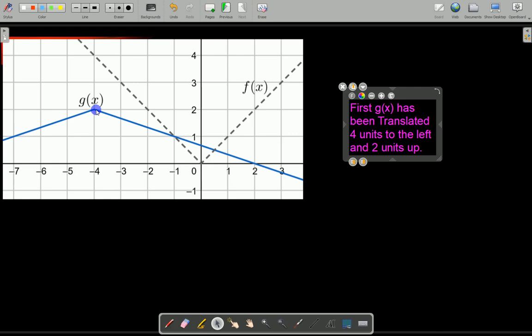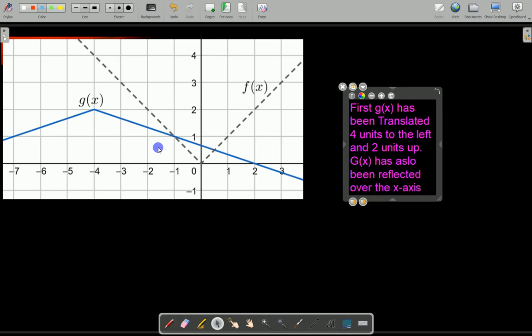Okay, next, g of x has also been, I notice that this function is upside down. So this V is going down. The way we say that is it has been reflected over the x-axis. All right, one more thing. As you can see, it's a different angle. It's been vertically stretched or shrunk. And so we say g of x has also been